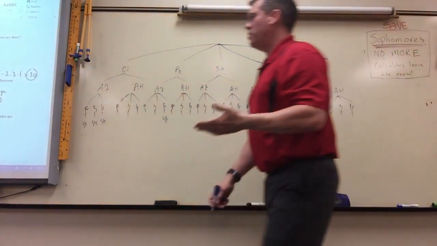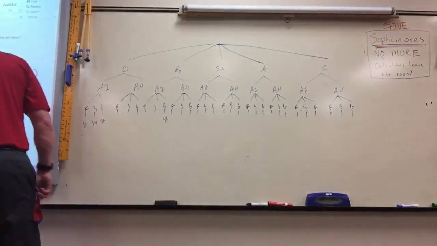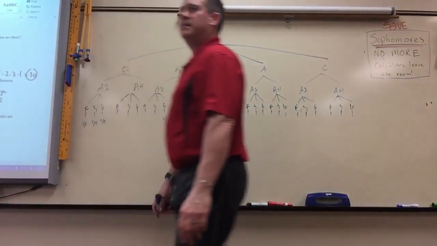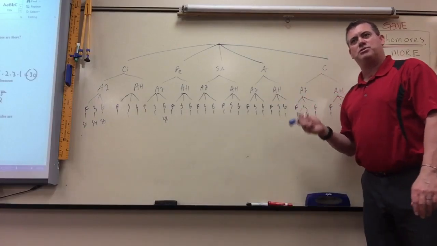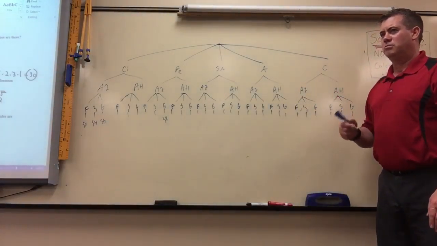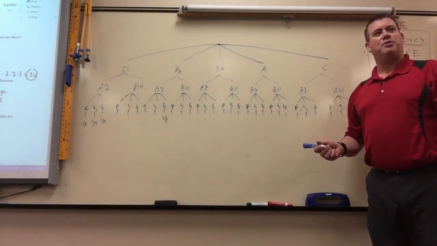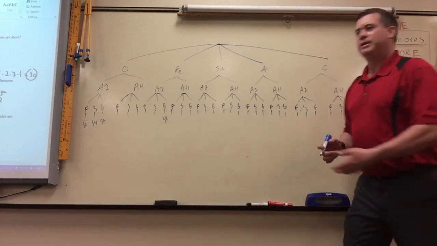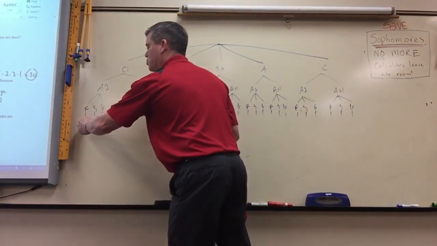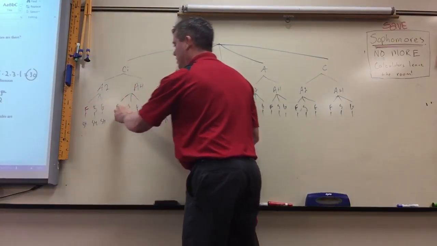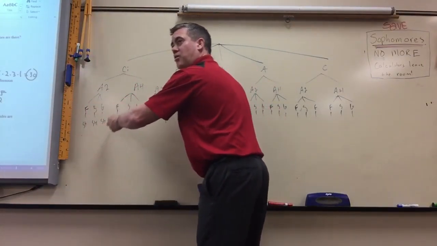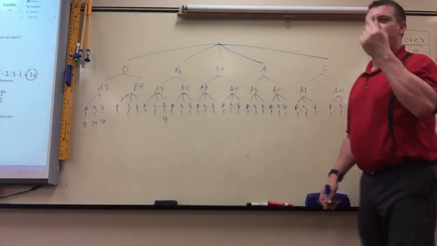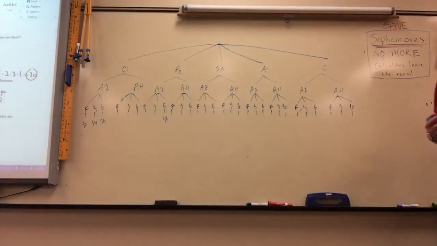There was one question where it asked, did 7th hour affect how many possible choices there were? No. Did 7th hour affect how many possible outcomes there were? No, because it's still just one. There are 30 things here, and they only branch down 1 thing, so it's still just 30 because you only had 1 choice.